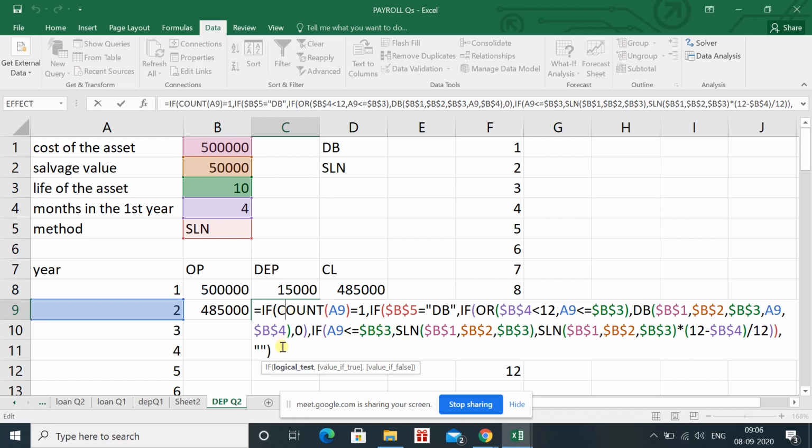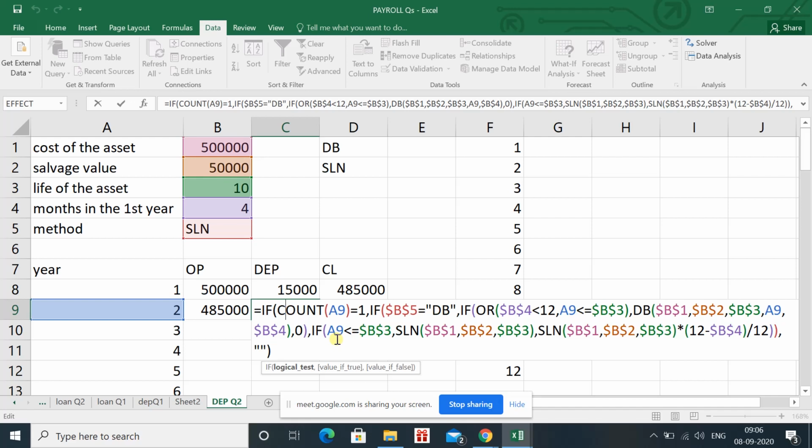This formula is applied for the second to 10th year plus the 11th year. So we have done the calculation for the first year separately, and then the calculation in the second year, we have clubbed the two formulas for the second to 10th year, and the last year, the 11th year, whose calculation varies specifically in case of SLN. So we have combined these two formulas, that's why it is a very big formula.